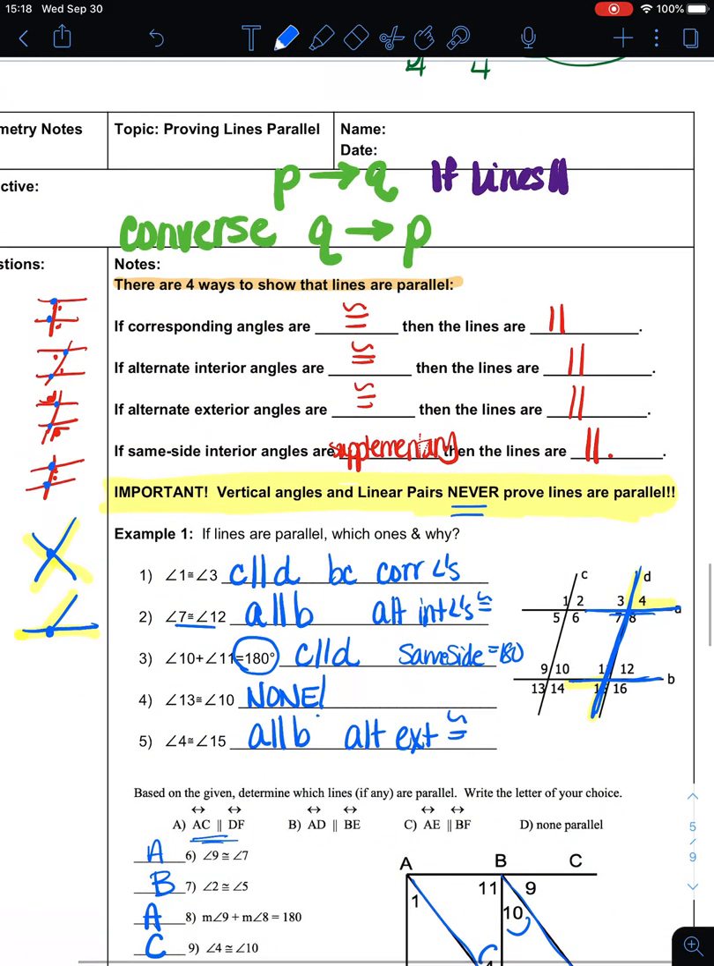So we've used the converse of the theorems that we used the other day. If corresponding angles, alternate interior angles, or alternate exterior angles are congruent, then that tells me that the lines are parallel. If same side interior angles are supplementary, then that tells me that the lines are parallel. Now, vertical and linear pair never prove that lines are parallel because you cannot see 3 lines. That's what you're looking for, is you're looking for 3